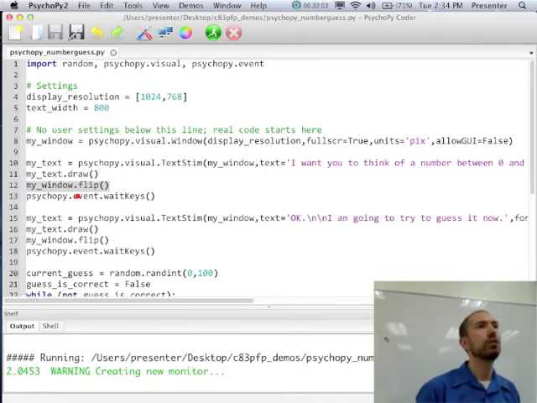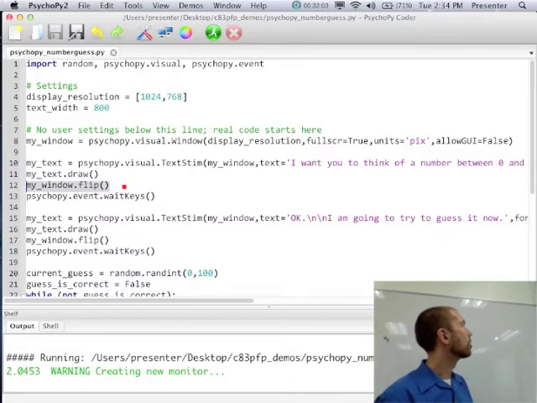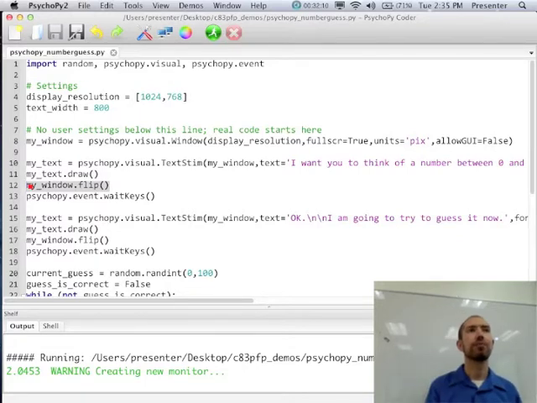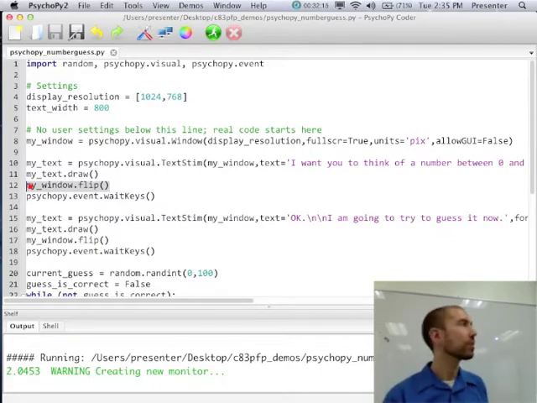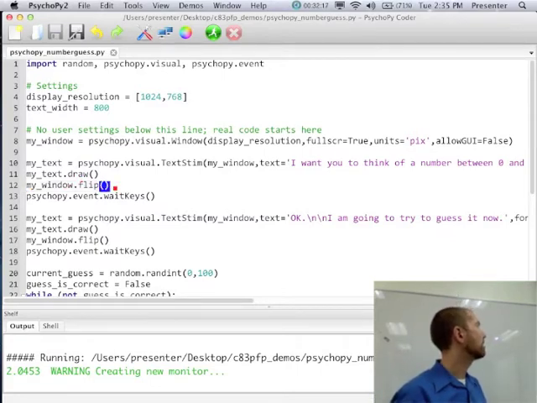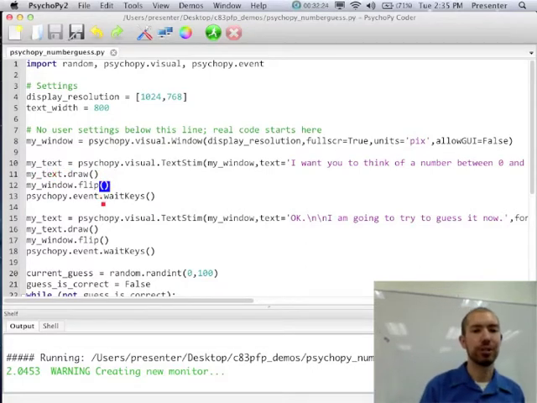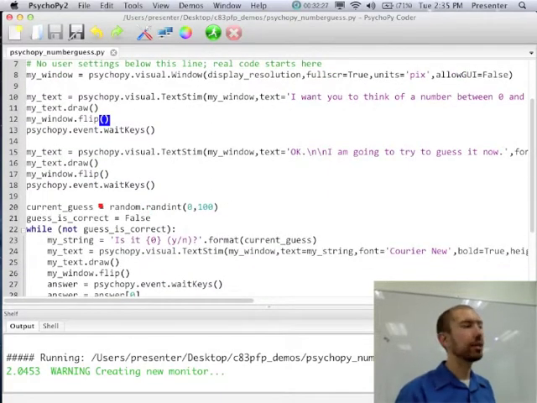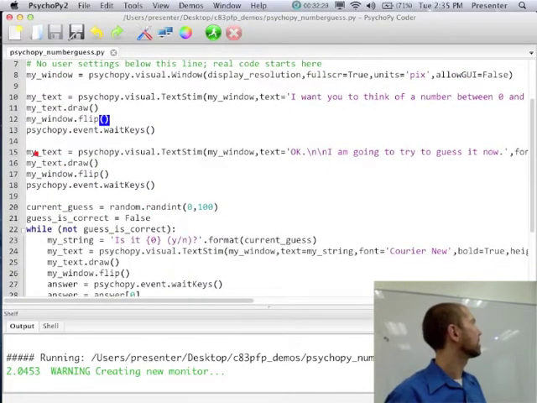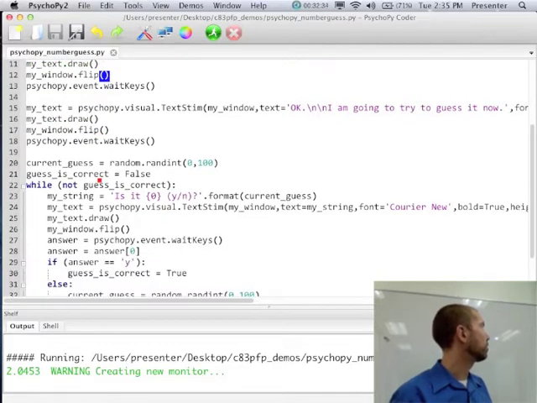So every time you want to draw something in PsychoPy, you're going to want to draw the stuff you want to draw, and then call this flip function, which will actually flip this imaginary board around and show it to the person, right? So you're going to see this flip used a lot. And that's what we're doing there: we're telling you, all right, we've drawn the text on this sort of invisible screen. Now let's flip it around and actually show it to you. Okay, and if we go on, you'll see we do the same thing again several times, right? We'll create a new text object, tell it to draw itself, tell the window to flip around and show it to you.